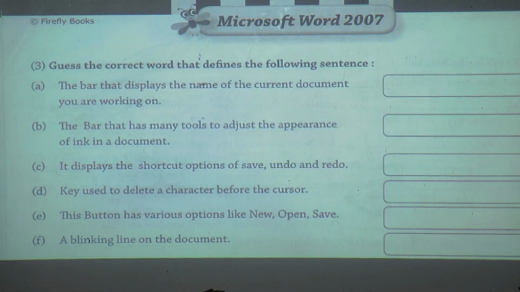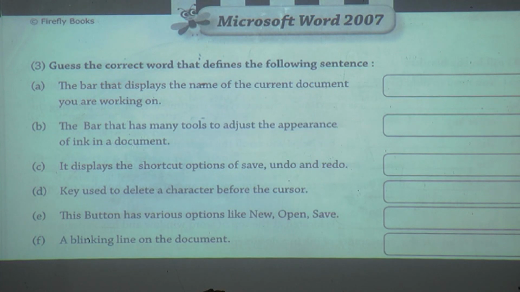What is the third one question? Guess the correct word that define the following sentence. Means we have to write only one word. What will come? Okay, what is the first one?